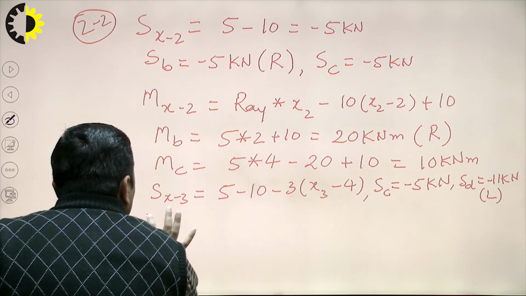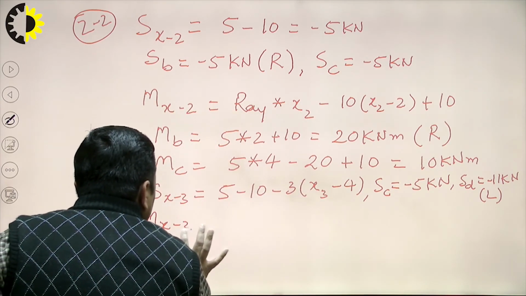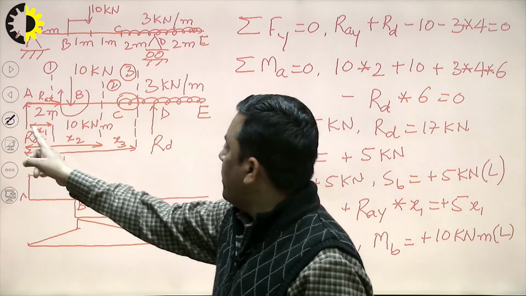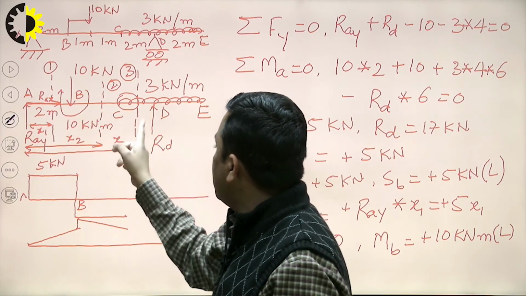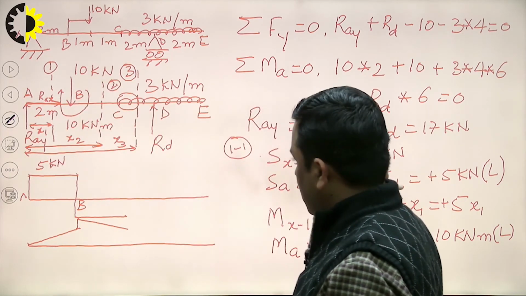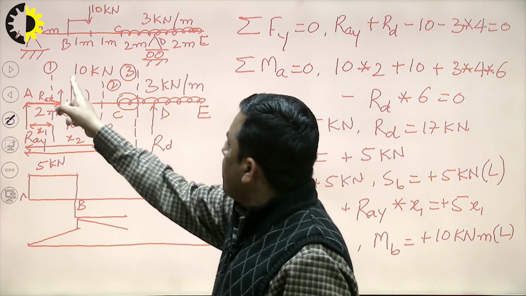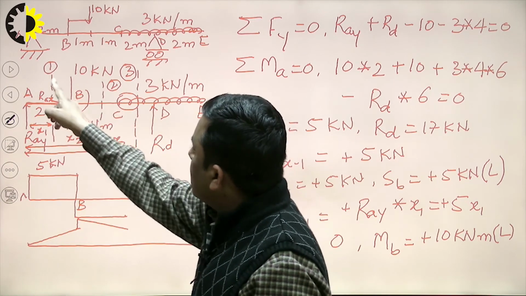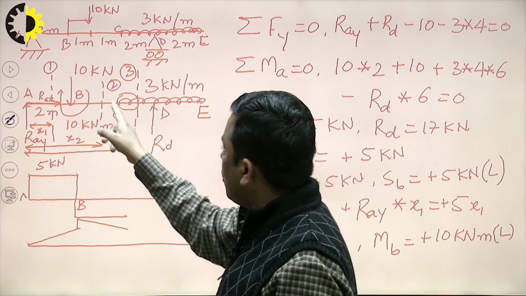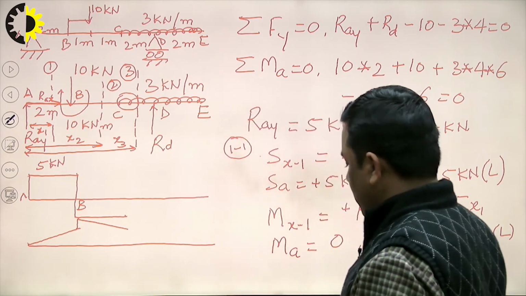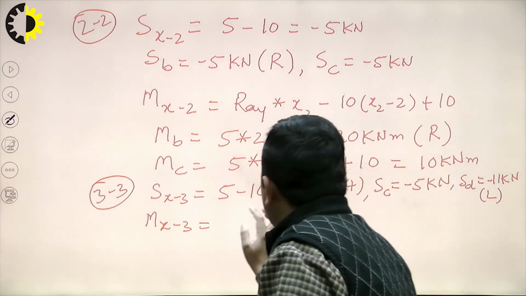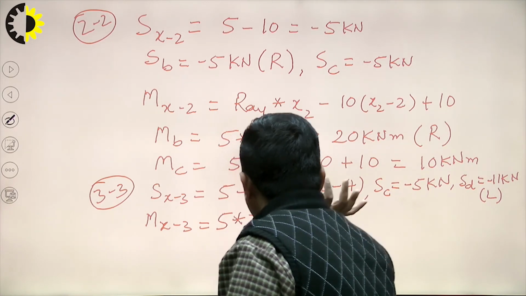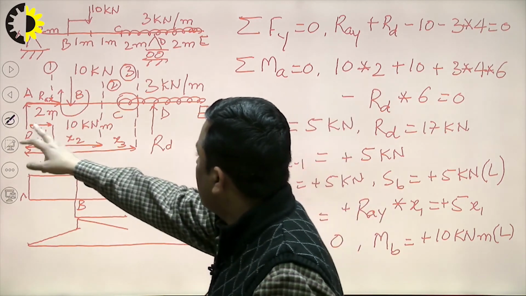Similarly, we can go for the bending moment equation for section plane 3. So, there are three forces, RAY. The distance of RAY from the section plane is x3. So, 5 into x3, this will be the first moment. Second will be 10 into (x3 minus 2). Third will be 10 kilonewton meter, and fourth will be because of this UDL. Okay. So, I am writing one by one. Because of this, 5 into x3, it is because of this.